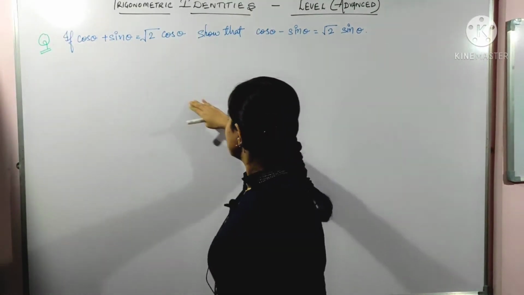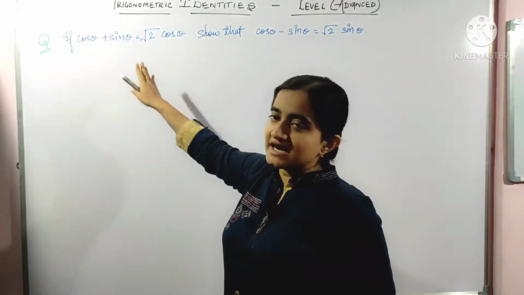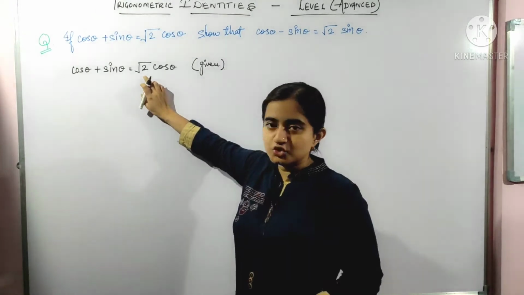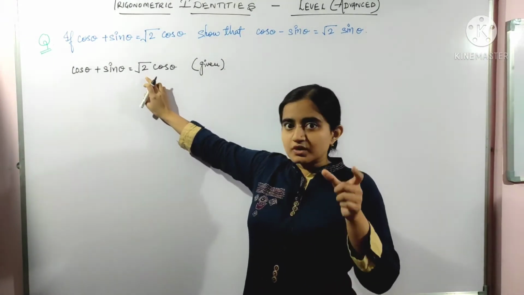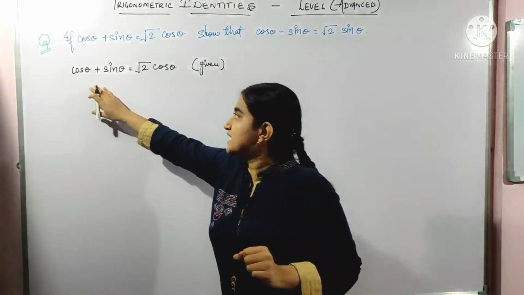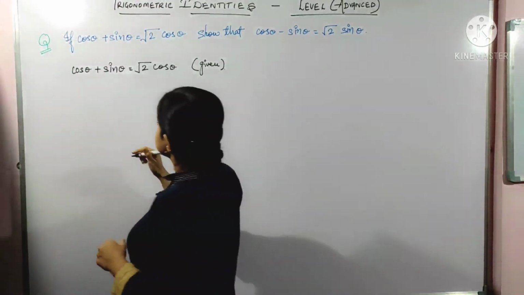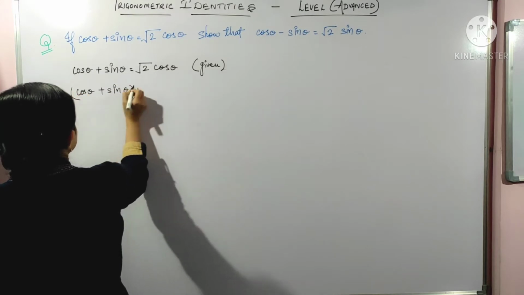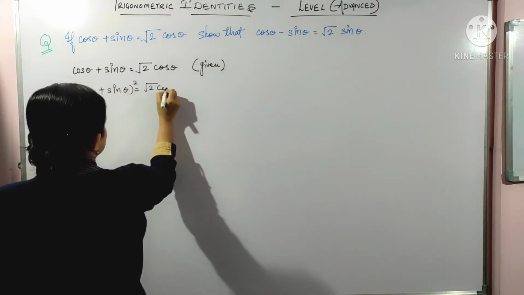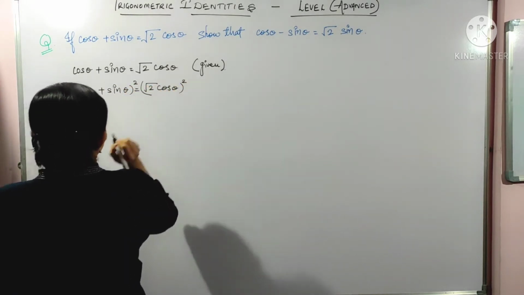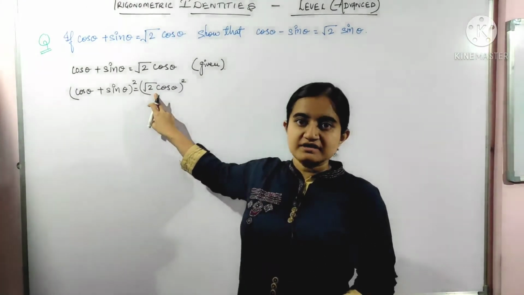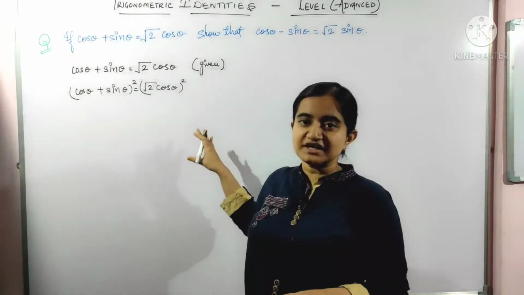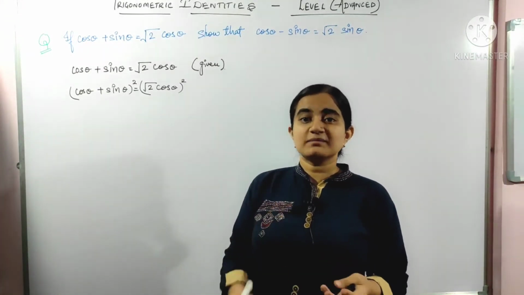So we have to move on from here to here, therefore we start from what is given. Cos theta plus sin theta equals this. Here we are having √2. So what we will do is squaring, squaring the complete equation. Okay, cos theta, because we don't want √2 here, we want something which can be brought here or shifted here, so that we can proceed and apply identities here.